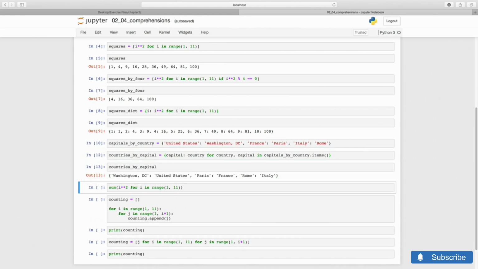Sometimes you see what look like naked comprehensions without the brackets. Those are in fact generator expressions, which are useful when you want to generate a sequence and consume the elements one by one without ever storing them in a list or a dict. For instance, to take the sum of the first 10 squares, we may write the interior part of our comprehension without the brackets and feed it directly to sum.